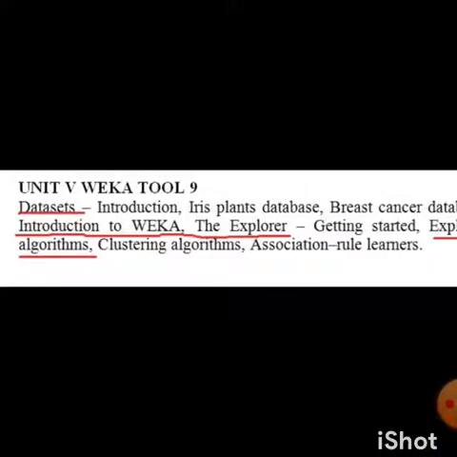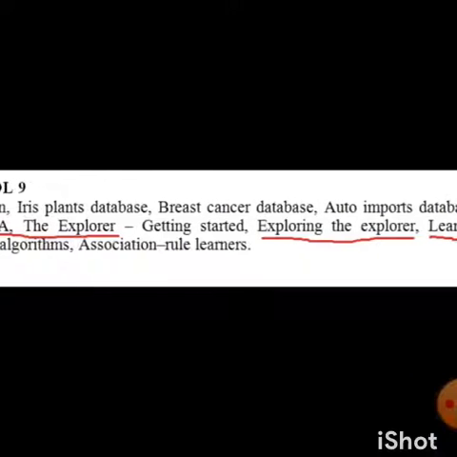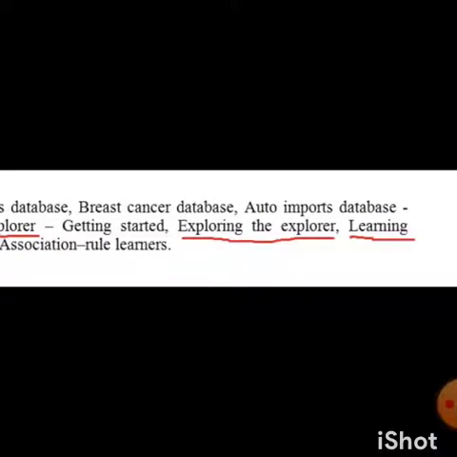Then another important topic is introduction to Weka. In Weka we have the basic components, what components are available in the Weka tool. The next one is exploring the explorer topic. Here we have the complete implementation of Weka, how it is working, how the database is loaded in Weka, then how the classifier is selected, then how the output is visualized.